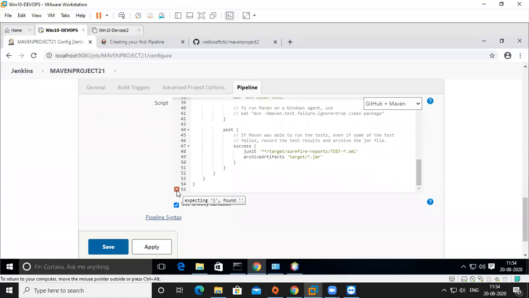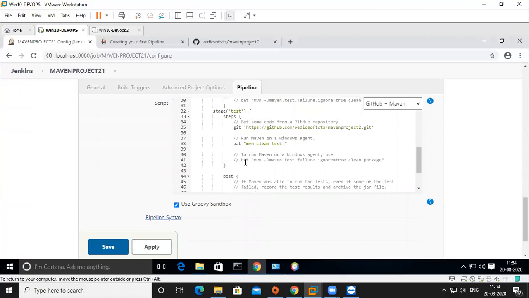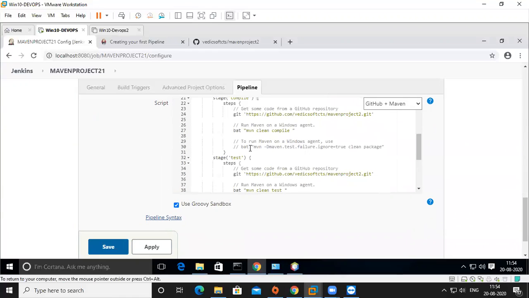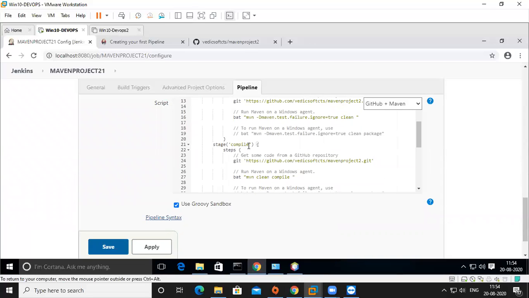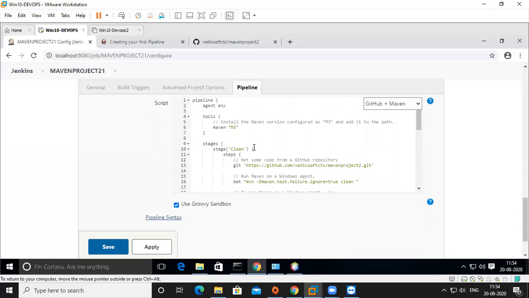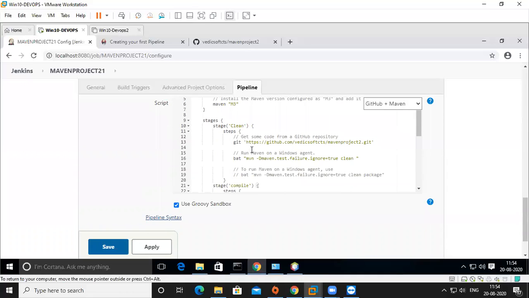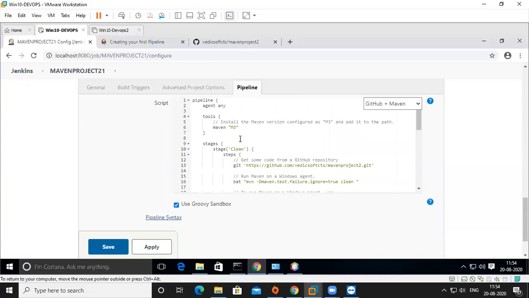So I got some exception. Everything is declared correctly, right? So this is the clean stage, started, ended, close it. Here started, open. This is open and this is open. So it is open, open, close.